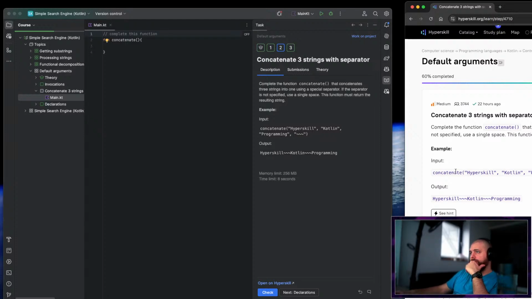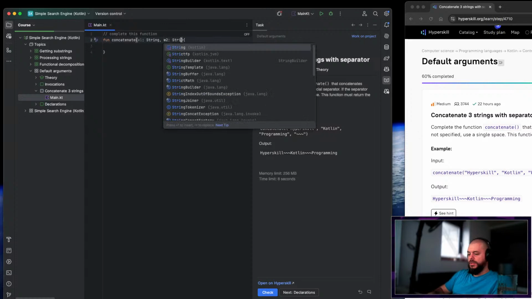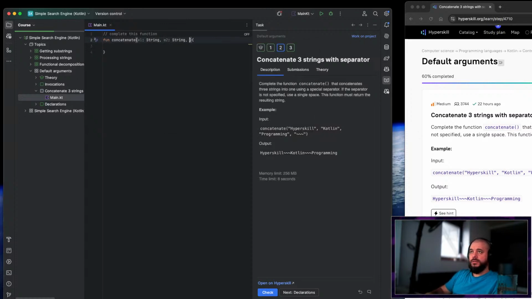The input will be Kotlin. Okay, so I guess there's only three words. So, word one is a string. Oh, we don't need to put val here. Actually, this is the declaration. Okay, word two is a string also, and word three is a string also,